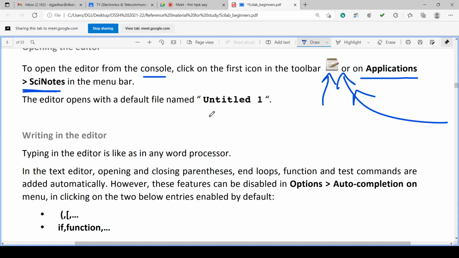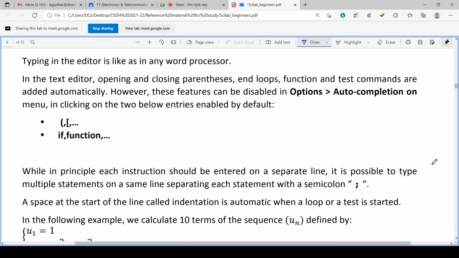When the editor opens, obviously the default file name Untitled 1 will be there. If you save it, you can save it with your required file name. Typing in the editor is just like typing in any word processor editor.